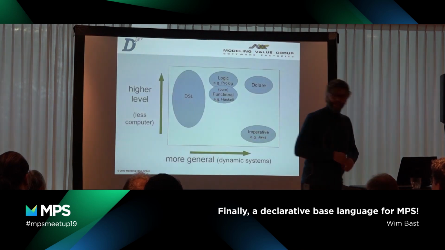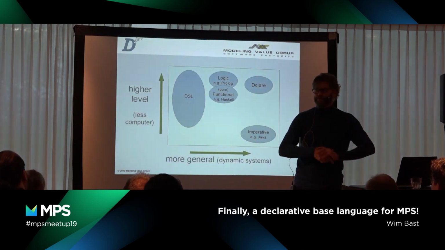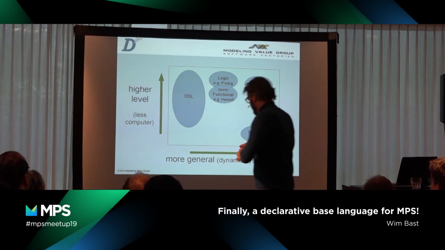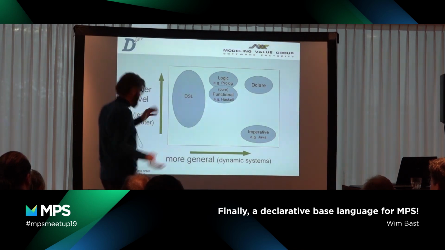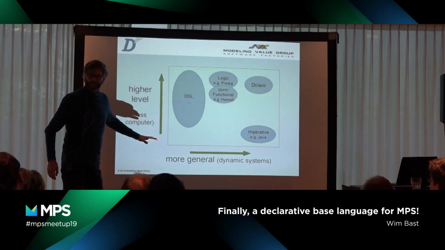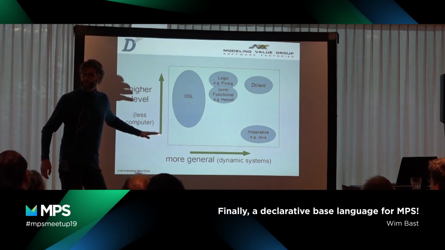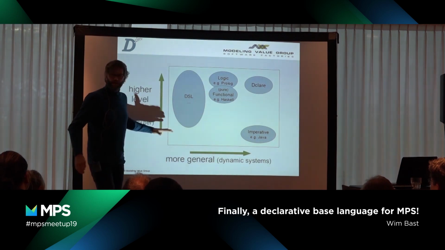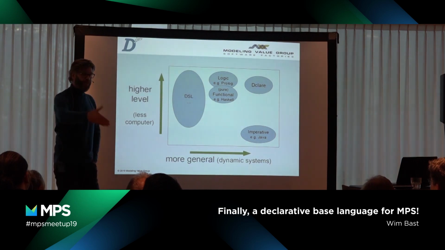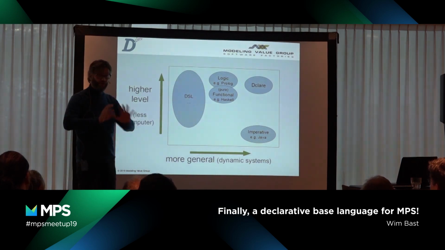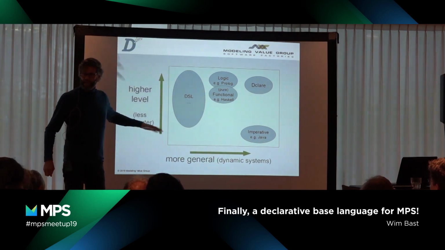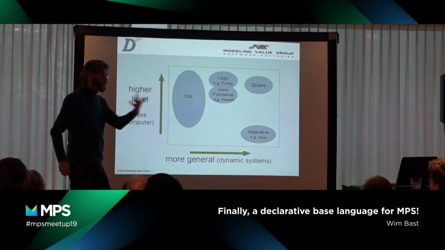So if you look at different languages, and it is probably a quite controversial slide, nevertheless, you have two dimensions. It's a way to look at it. We have this level of languages which are very imperative, meaning, you know, the word imperative means opdrachtsgewijs in Dutch. It means you tell the computer what to do, when, which step to make. So it's very low level. It's computer oriented actually. And we have a higher level where we abstract away from the actual computer and try to grasp the functionality that we want to realize.